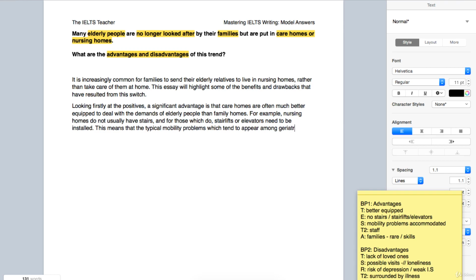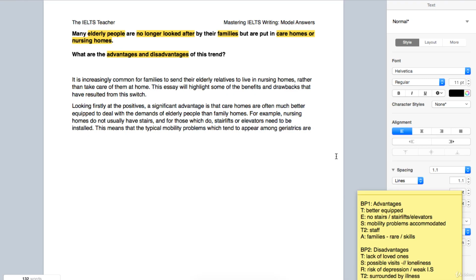This might be new to you. Geriatrics, to mean old people. Okay, I would not use this in an informal setting at all. It's definitely one for the more academic setting, but it does work in this case here. So among geriatrics are, okay, and what I have down here is accommodated, but I said that maybe that's not